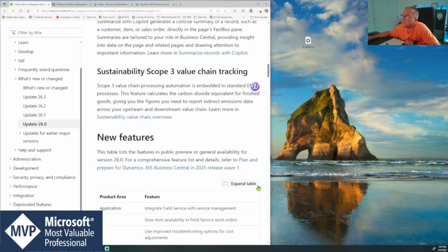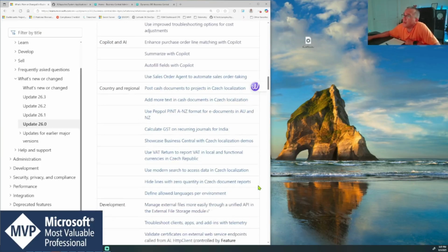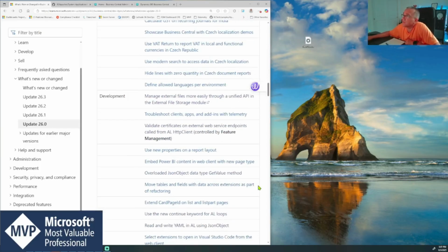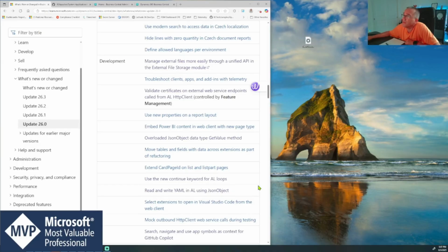So as I was reading again and again about what happened at that moment in April 2025 and what new things were released,